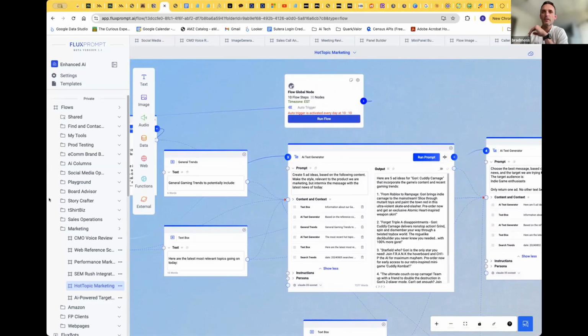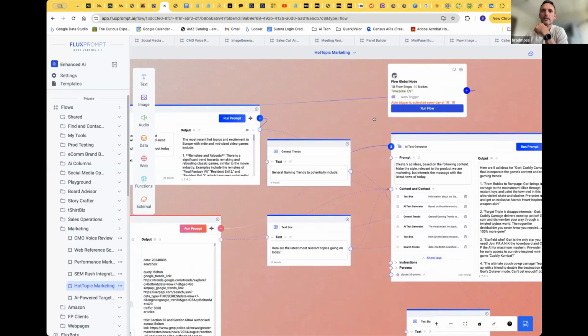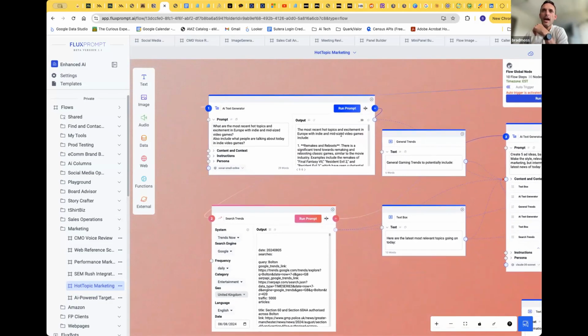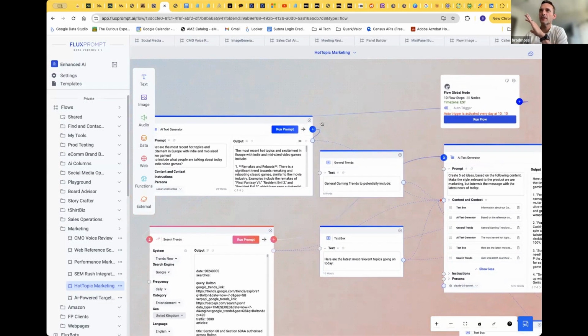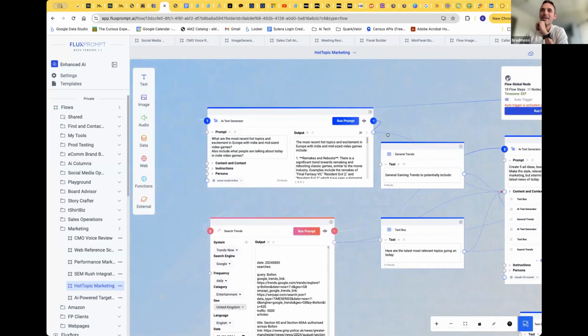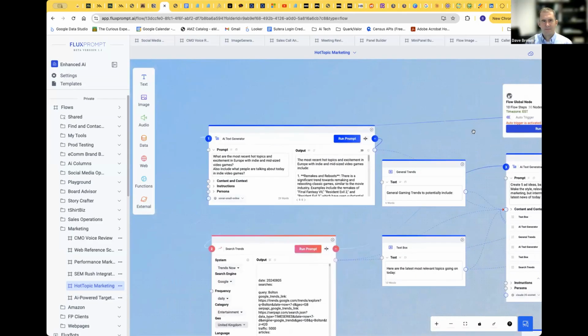And whatever's relevant right now, let's make sure that the latest marketing is contextual. So we actually go to AI in this first step, and mine are not as clean as yours. I apologize for my flows. But so we go from here all the way to this first step.